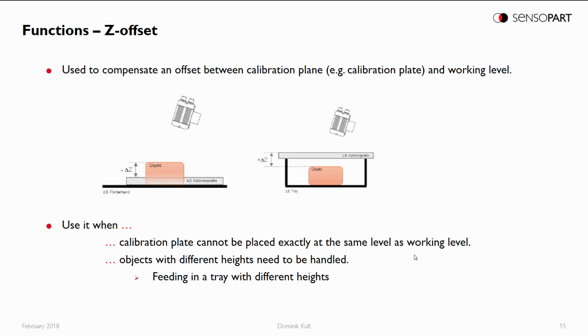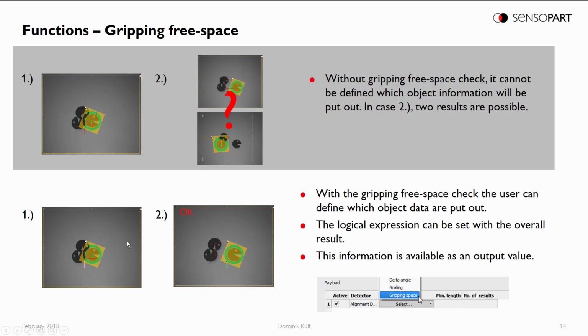In which applications do we see use for the customer? The first use is when the calibration cannot be placed exactly at the same level as the working level. Look at these two pictures. These are two typical situations which you have in the field. Or another option is